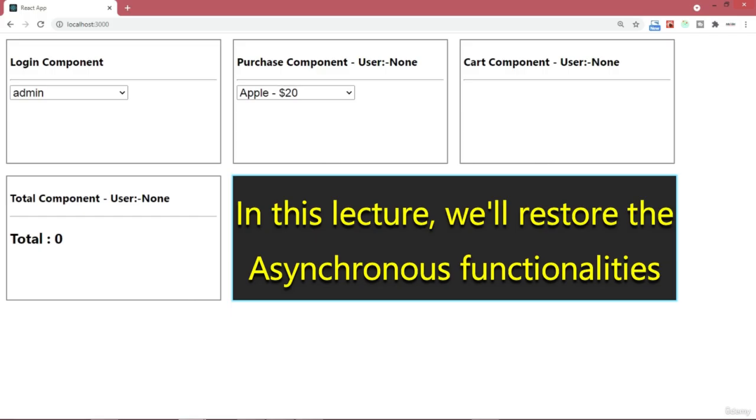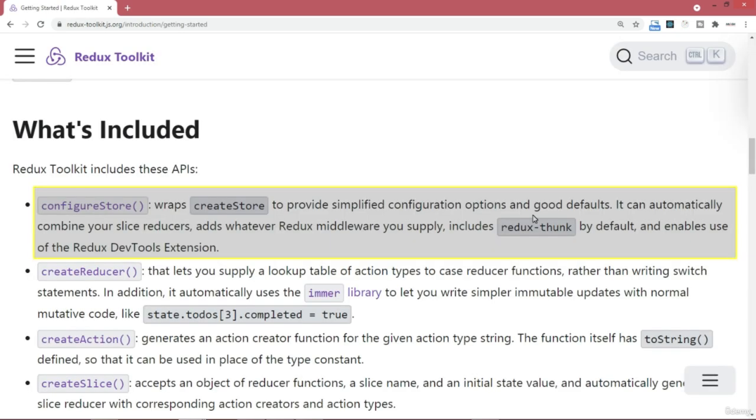In this lecture, we are going to restore the asynchronous functionality as well, because right now you see that if I click here on the user, then it does change, but it changes immediately. Now here on the official site of Redux Toolkit, it says that when you use the configure store, then it